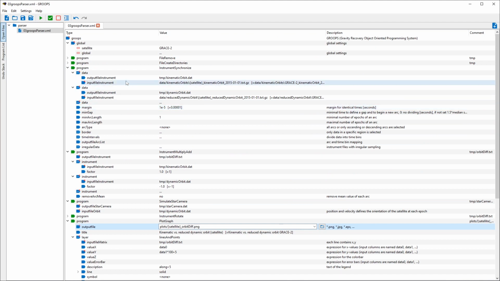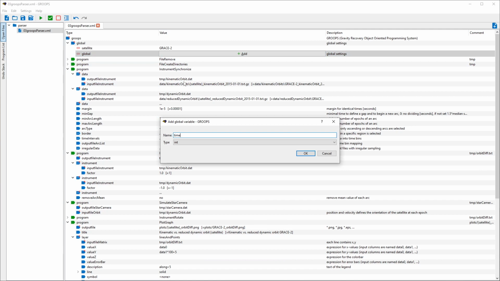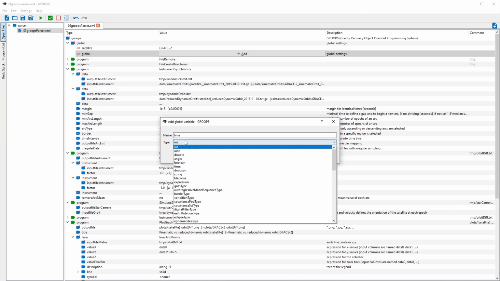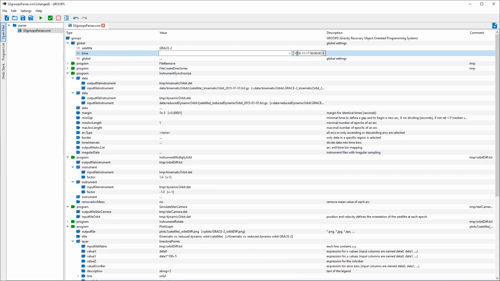As I mentioned in the beginning, we also had data for 1 week, but here it's basically hard-coded to use the 1st of January 2015. We can also circumvent this by creating a global variable. Let's call it time, and it's of type time, and we can just say, okay, we want to visualize the